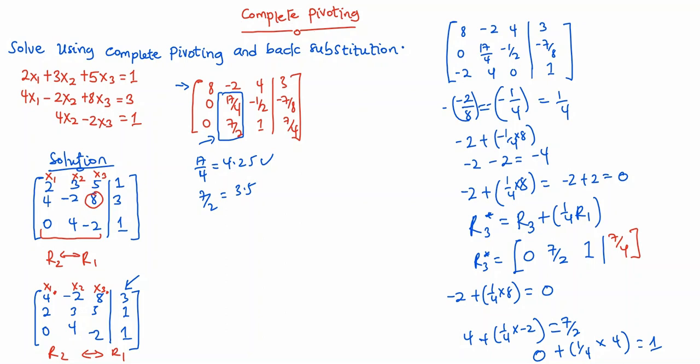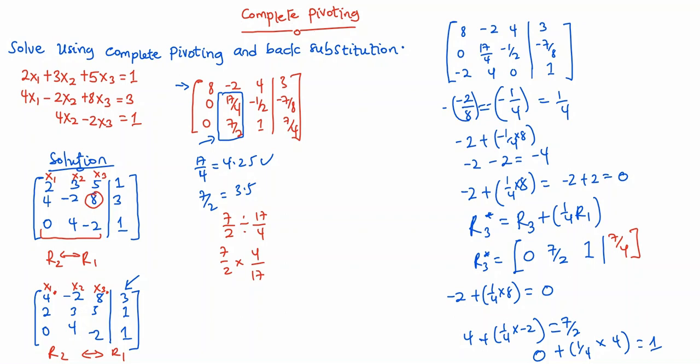For us to be able to change this 7/2 to 0, you have to add or subtract a multiple of the 17/4 from the 7/2. So how do we get that multiple? To get the multiple, I will divide 7/2 by 17/4. When you do this, you're going to get 7/2 times 4/17, right?